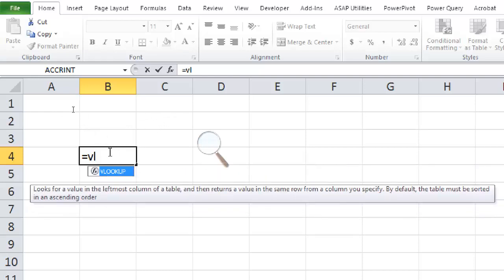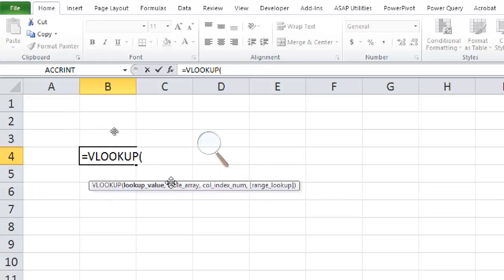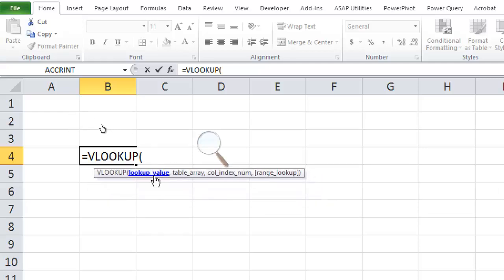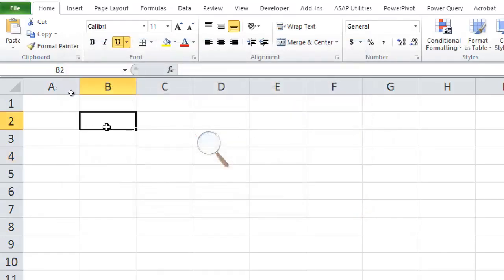Or if ICAP asks me about the syntax of this function, this is already seen here. Or you can press the FX button. You will go to the Function Arguments window, where you will find definitions of each of the function arguments individually. So you can see definitions right from here, right?